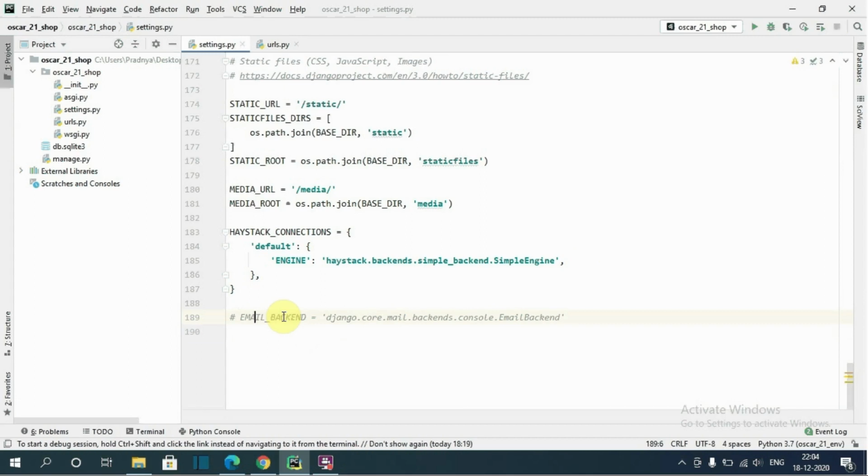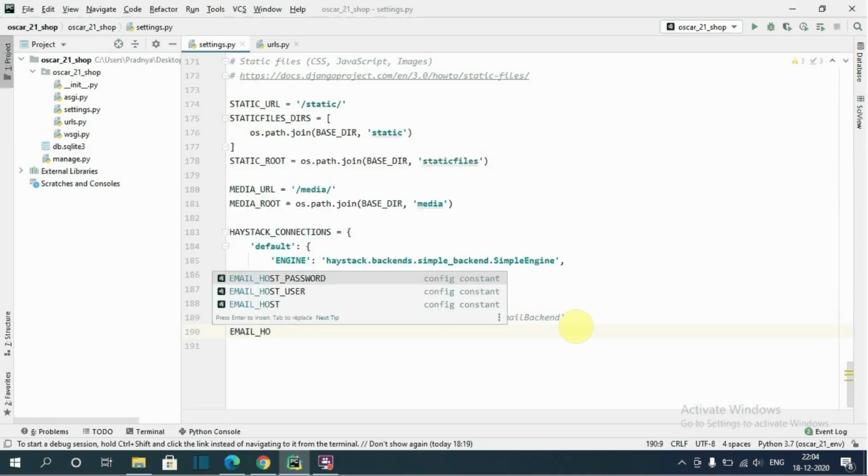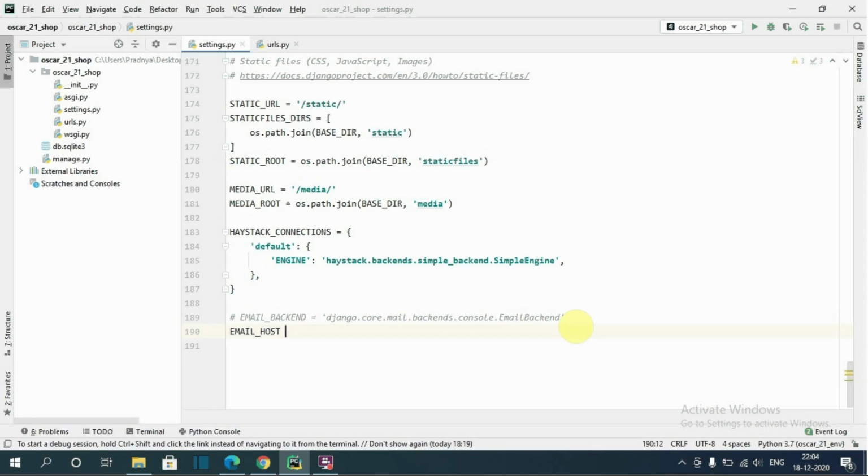Okay, so I will type here email host equals to smtp.gmail.com.